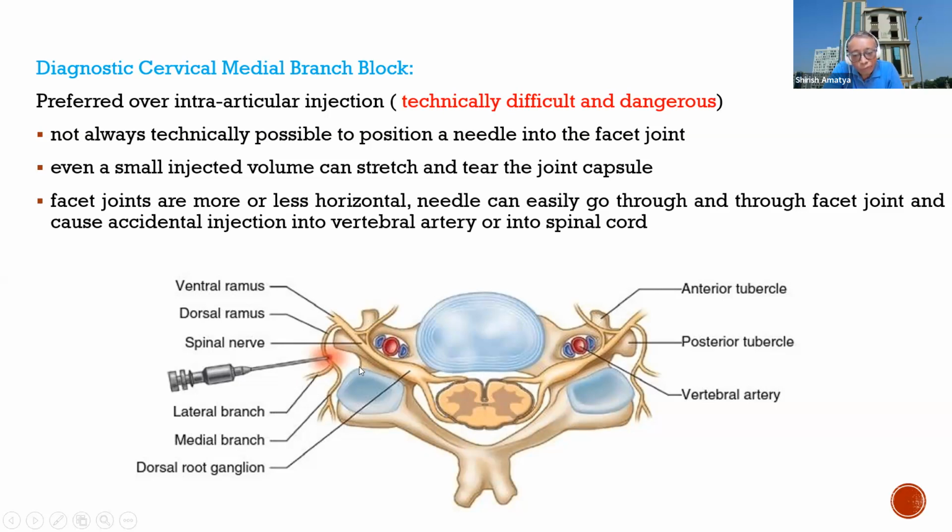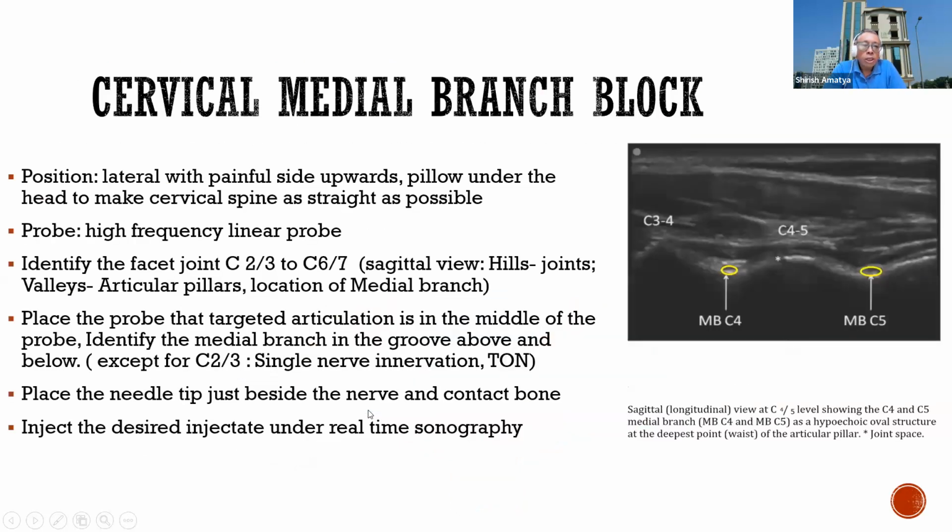So instead of going into the facet joint, we are basically blocking the medial branch which supplies the facet joint. Okay, so how to inject and how to get this medial branch. Here also the position of the patient is lateral with painful side upwards. We can also put a pillow under the head so that the cervical spine is straight, and we always use